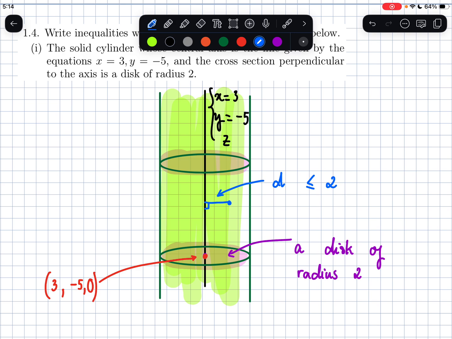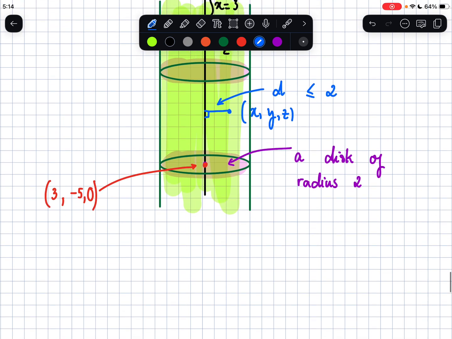And assume that we have this point P that has coordinates x, y, z. Then the distance between P and the central axis